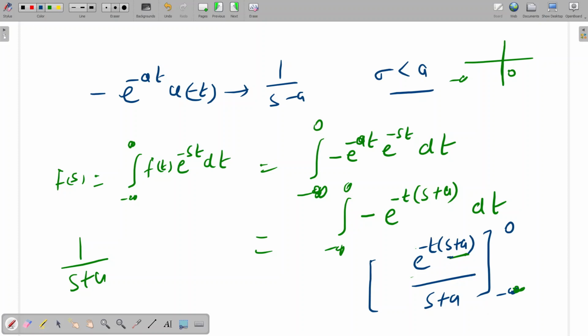If in this s plus a it is negative, then negative into the negative already here gives positive. But we have to put minus infinity. So if this is plus t times something, then at minus infinity it will become 0. So what should our real part of s be? If real s is less than a,